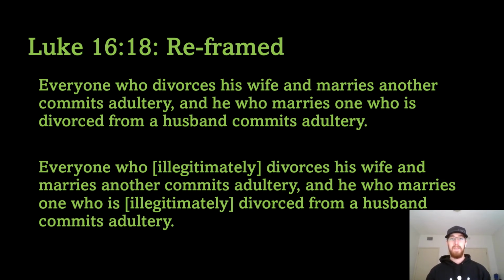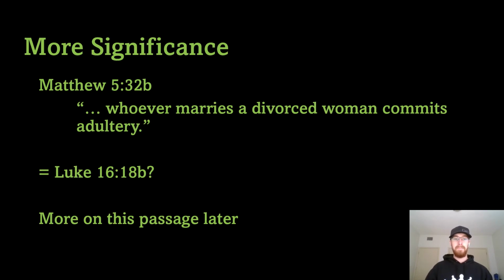With that being the case, we can then reframe the verse to be saying this: everyone who illegitimately divorces his wife and marries another commits adultery, and he who marries one who is illegitimately divorced from a husband commits adultery. This is really significant by itself, but it doesn't just stop there. It becomes even more significant